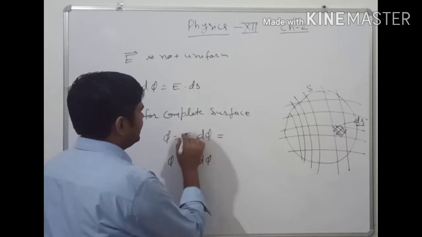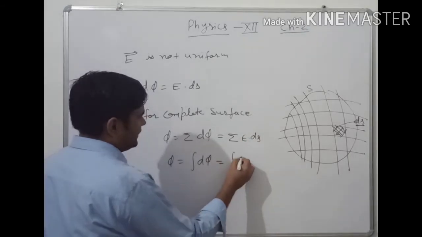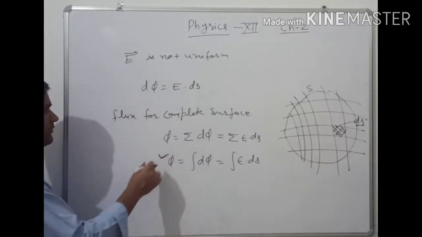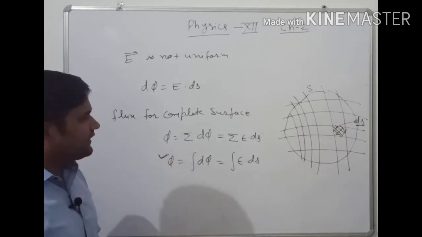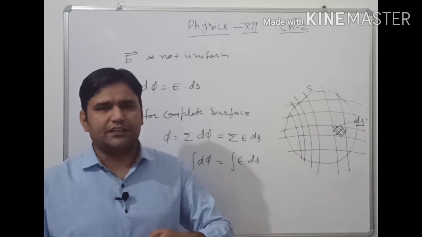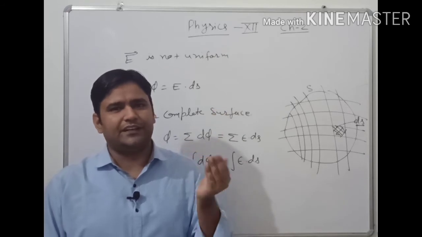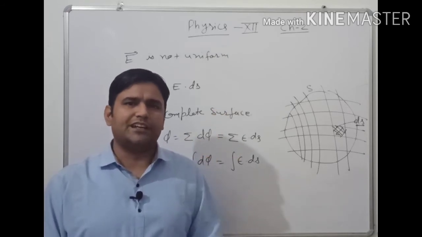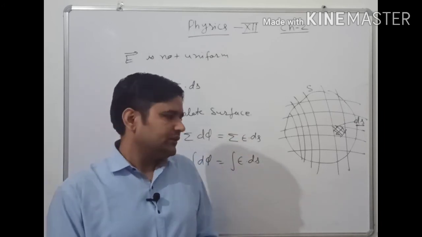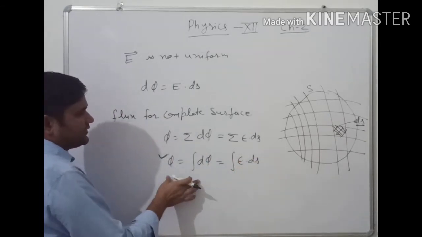Now it is written in terms of the summation of E dot ds. Now again it is in terms of the integral of E dot ds. Clear? But here we are using this general formulation because we are considering the electric field lines to be continuous in nature, because they start from the positive charge and end at infinity, or they start from infinity and end at the negative charge. If we are considering the dipole, then they start from the positive and end at the negative. So what formulation will you have? For phi, the normal formulation we use is this formulation.